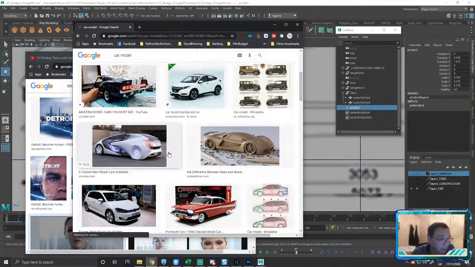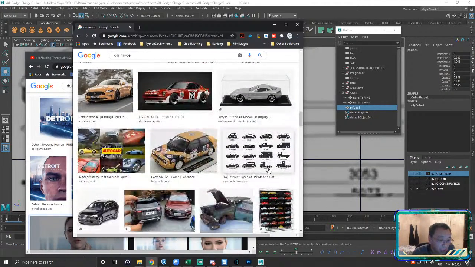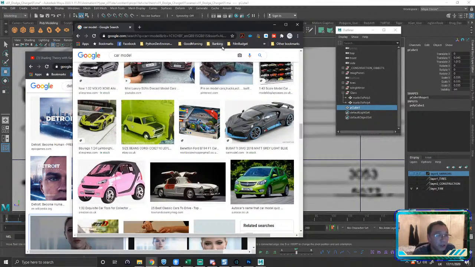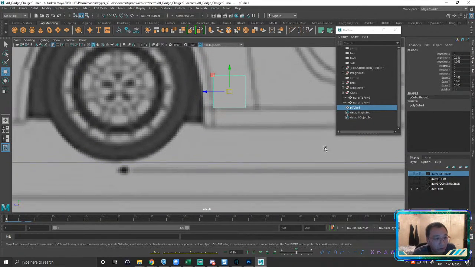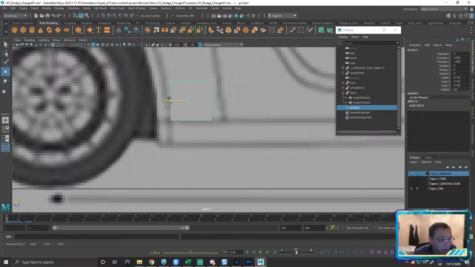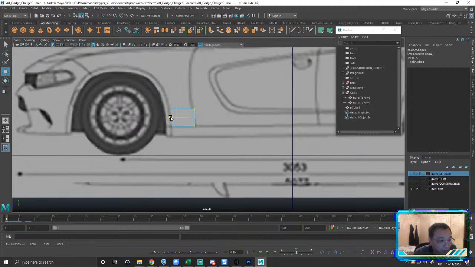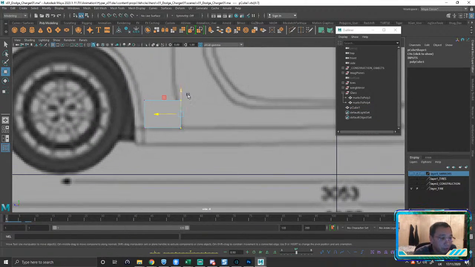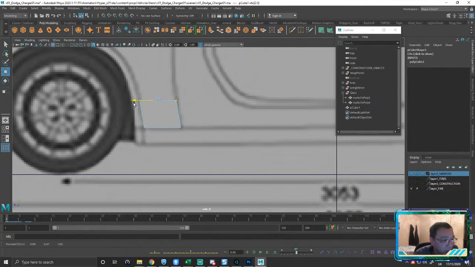And again, the best reference on the planet would be a car model, right? So when you get a car model and the various pieces of it, let's see. They're not going to show a disassembled model, but you can approach it like a car model and then just create various different pieces. So in this regard, I'm looking for a good area where the model is put together, right? So I'm looking at that seam line. I'm going to right click, grab the vertices here, grab those guys, move those over, right? Line that up. And again, right click the vertex mode, grab those guys, shift those over a little bit, right?